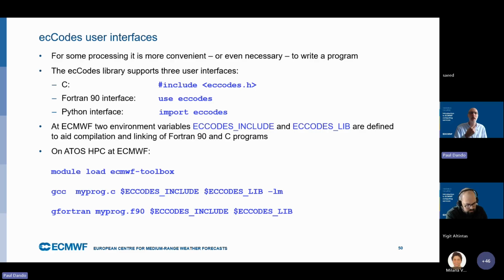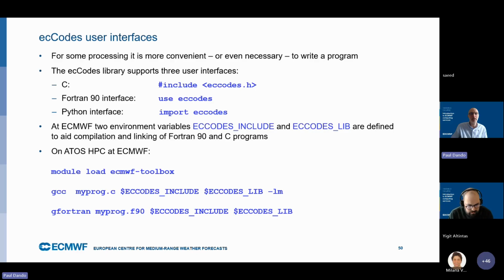But just to mention that I think it was on Tuesday this week, you did about compiling on the Atos HPC. So if you're working on the Atos HPC, we provide 2 environment variables which you can use for compiling your C and Fortran codes. And these are ecCodes_include and ecCodes_lib. And these are available when you do module load ecmwf-toolbox. So you just do module load ecmwf-toolbox, and then you can use these environment variables to compile and link